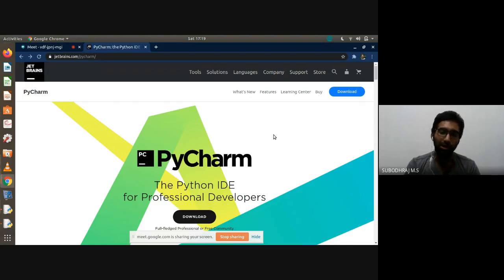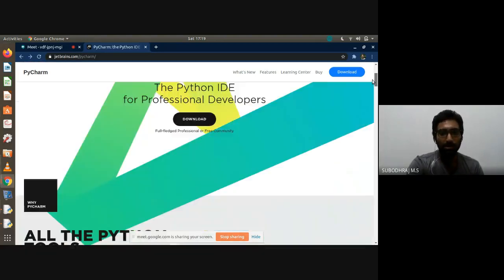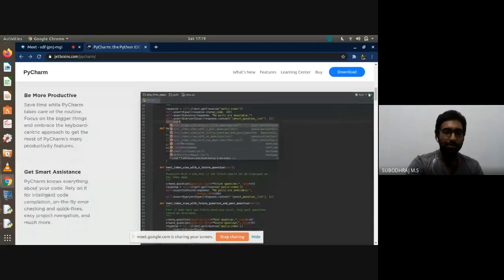Whenever you start coding, it starts giving us suggestions like, okay, are you looking for this particular thing, or are you looking for that particular thing? Those kinds of suggestions they give us. You just scroll down and you can see that you get a smart assistant with PyCharm. So it knows everything about your code. It relies on intelligent code completion, on-the-fly error checking, quick fixes, easy project navigation, and much more,